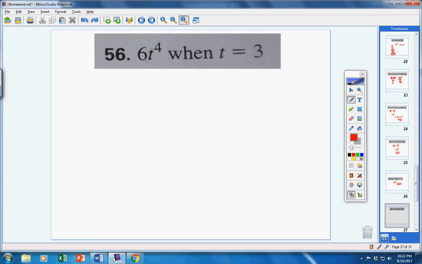Alright, here we go. So I have 6, and then T. So I put a parentheses for T. What goes inside the parentheses? 3. And 3 to the what power? 4th. Now a lot of students like to multiply this first. 6 times 3 and get 18. And take 18 to the 4th power. That is wrong. That's a very common mistake in Algebra 1 and in Algebra 2. Learn now to develop good habits. That is wrong. Okay, now, if it looked like this,